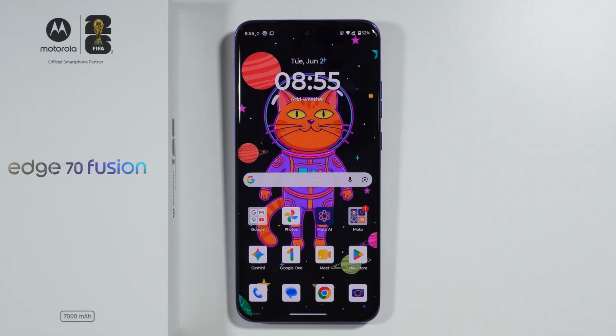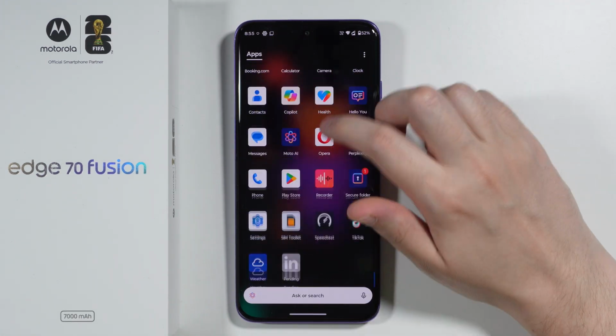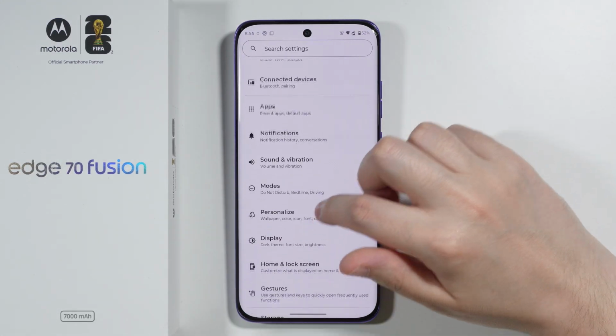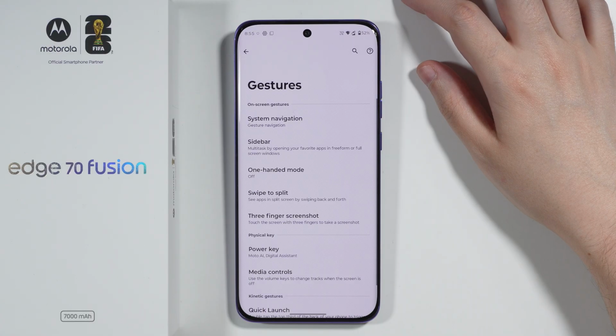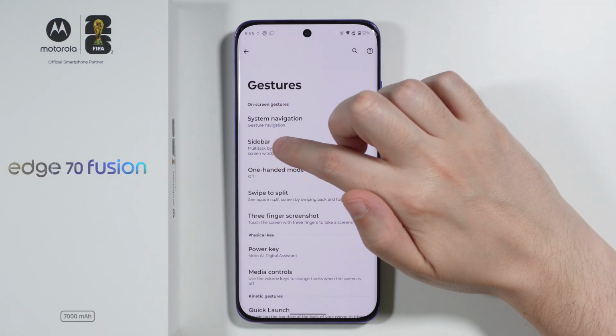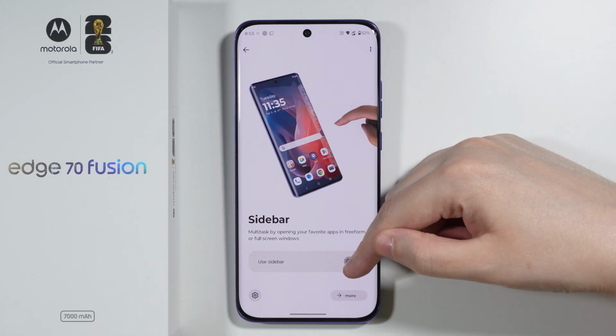To enable or disable Sidebar on a Motorola Edge 70 Fusion, first of all we need to open Settings. Over here in Settings we're gonna scroll down a little bit and then you want to go to Gestures. After opening Gestures you should be able to find the Sidebar option, and then in here we can easily enable